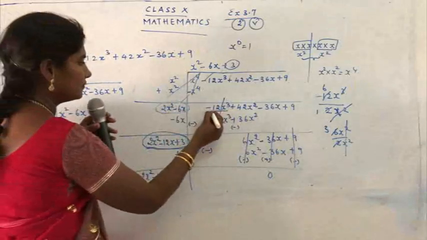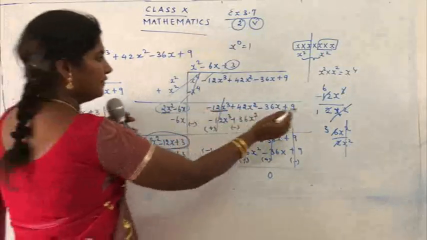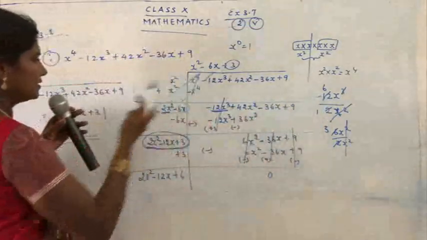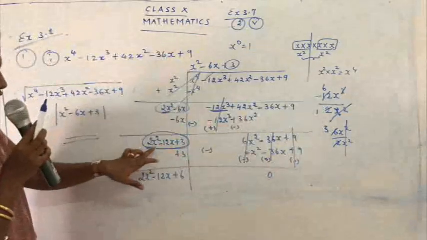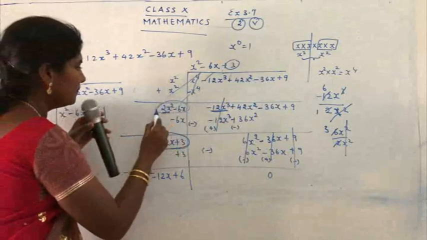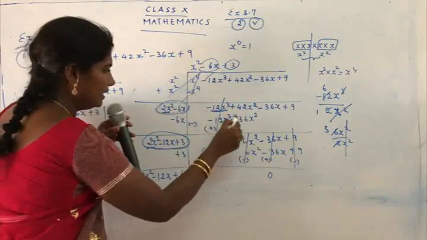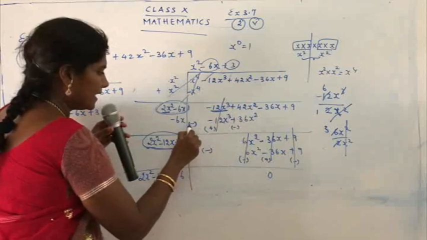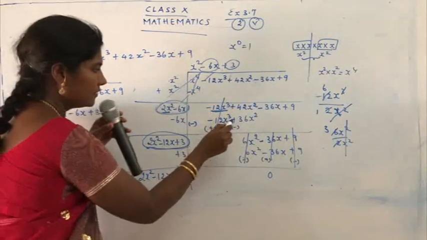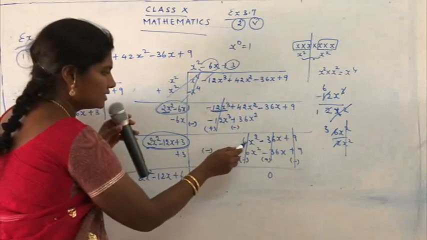Now, how do you get this 6x? You have to take the first term and divide. So when you divide minus 12x cube by 2x square, you get minus 6x. So write it thrice again. Then you get 2x square minus 12x. Multiply 2x square minus 6x with minus 6x and you get a new polynomial. So arrange it properly. You have to take the main sign as minus. When you take the main sign as minus, you have to change the sign. So minus turns to be positive, positive turns to be negative. So it gets cancelled. Your 42 minus 36 gives you 6x square.